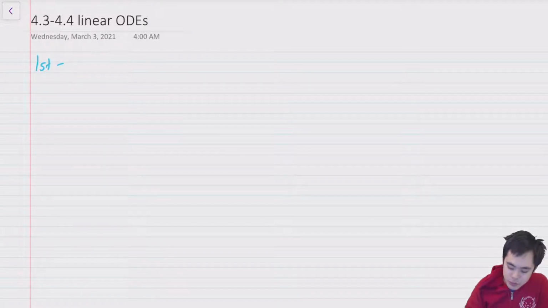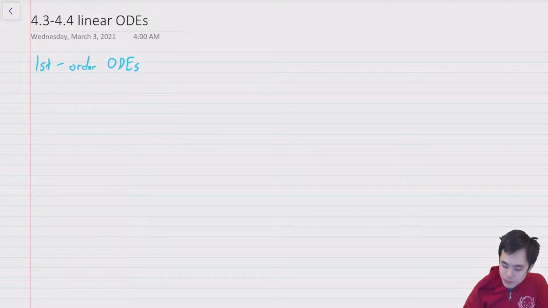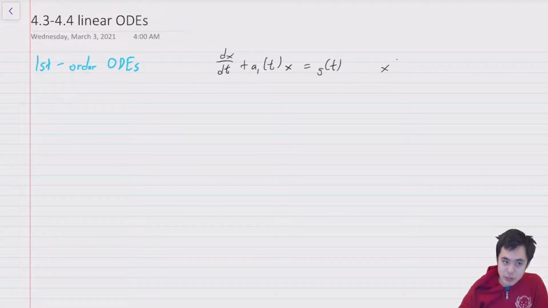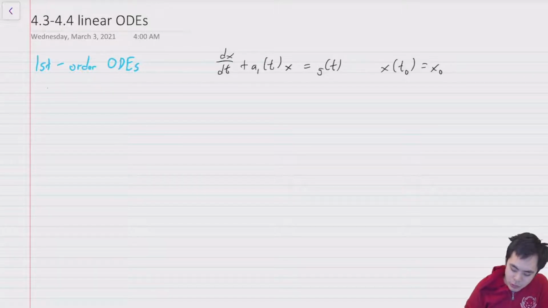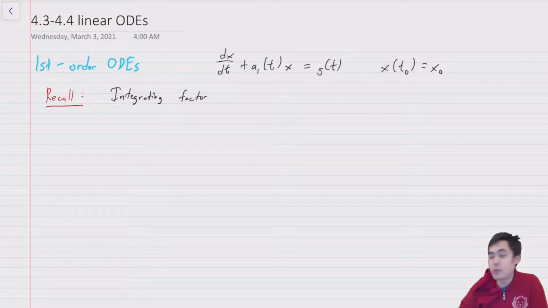Let's get started with first order linear ODEs of the form dx/dt + a1(t) x = g(t), with initial condition x(t0) = x0. Recall one of the methods we had for solving first order linear ODEs is using integrating factors. And we actually happen to know what the integrating factor is for a first order linear ODE,